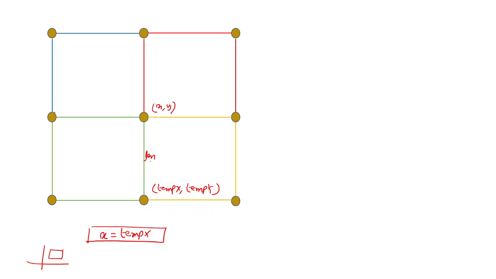So we can find out these coordinates: this will be x minus len comma y, this will be x plus len comma y, this will be x plus len comma temp y. Okay, simply temp y. Why do y plus len when we have temp y already there? So here we can do x minus len comma temp y. So basically, if we get the length, we can clearly find out all the coordinates that we require for forming the square.